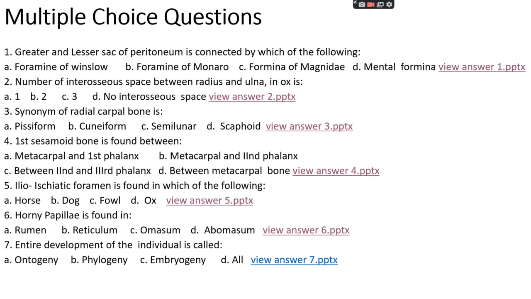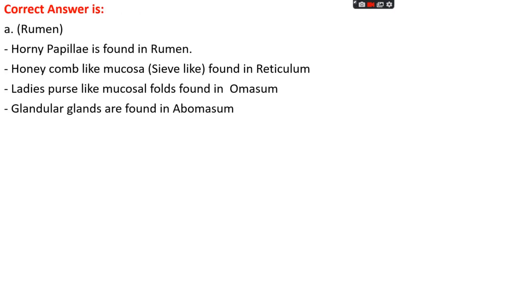Okay. Question number 6. Horny papillae is found in option A rumen, option B reticulum, option C omasum, option D abomasum. The right answer is option A, that is rumen. Okay. Horny papillae is found in rumen, while if we see the mucosal layer of the abdominal compartments,